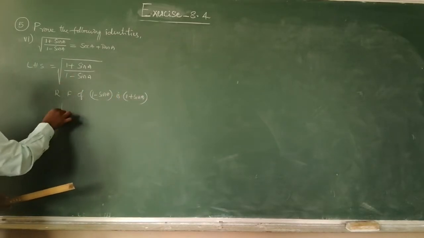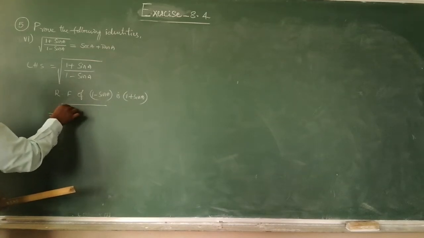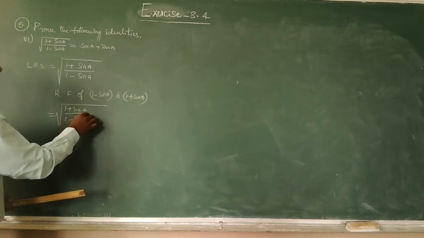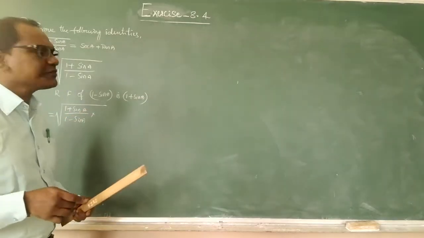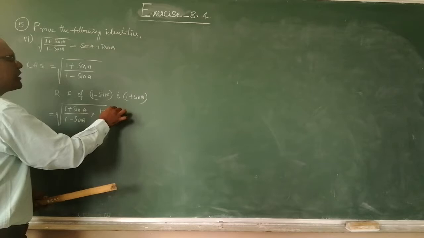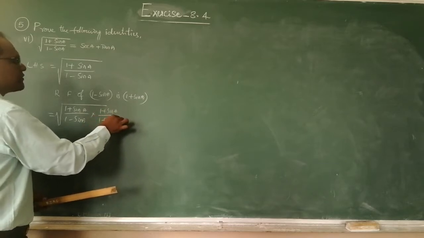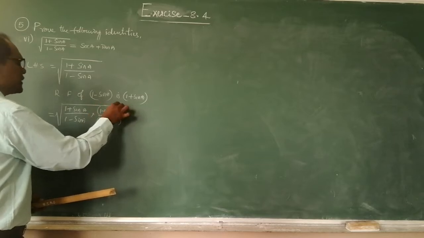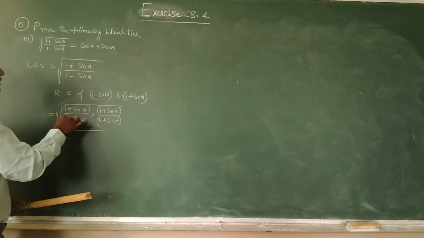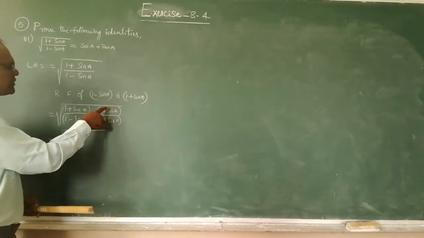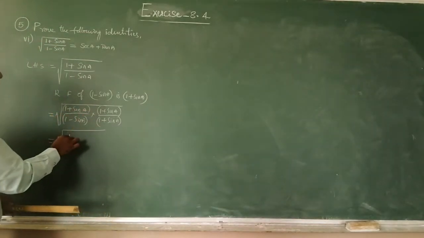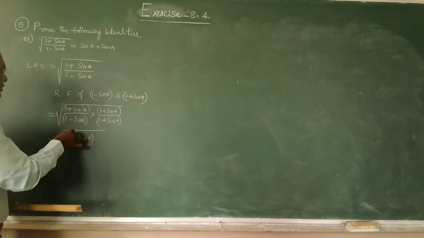Therefore, write down the given problem as it is: 1 plus sin a by 1 minus sin a, into the rationalizing factor. What is the rationalizing factor of the denominator 1 minus sin a? It is 1 plus sin a. We multiply it with the denominator and numerator. Now children, you have to verify. 1 plus sin a into 1 plus sin a, that means x into x, which is x square. So 1 plus sin a into 1 plus sin a means 1 plus sin a whole square.